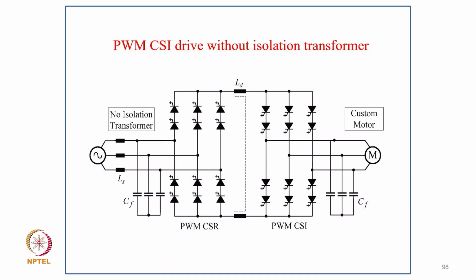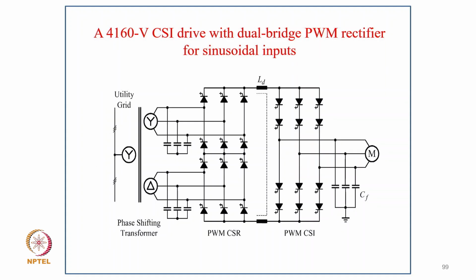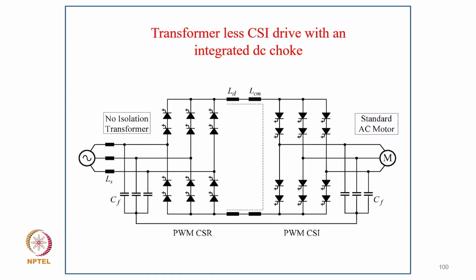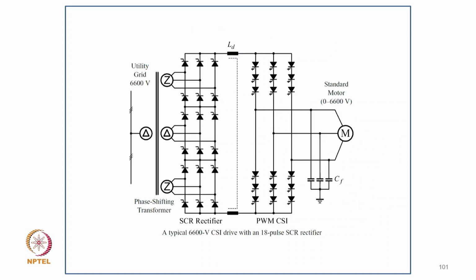And then, or to increase the rating, we use double GTO in series and the capacitor filter on both sides. Or we use typically a kind of 12 pulse with GTO on the input side and the pendulum output for the motor side. Or we use typically a kind of link between the two sides of capacitors with the pendulum on both sides.